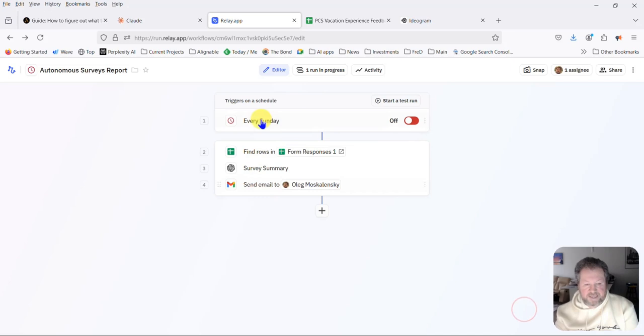Then we're going to take the contents of the spreadsheet where all the responses are, and give it an AI prompt to come up with the summary that AI will generate. And then we want to send it. In this case, it sends it to me via email, via Gmail. So it's fairly straightforward. You can see only 4 steps. Very simple. So let's go ahead and